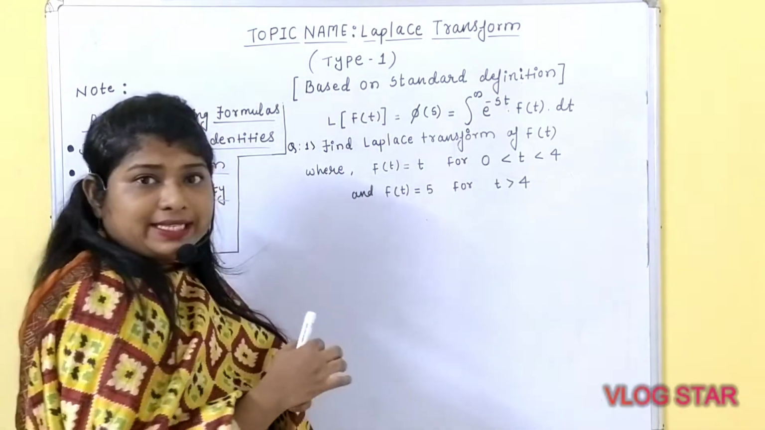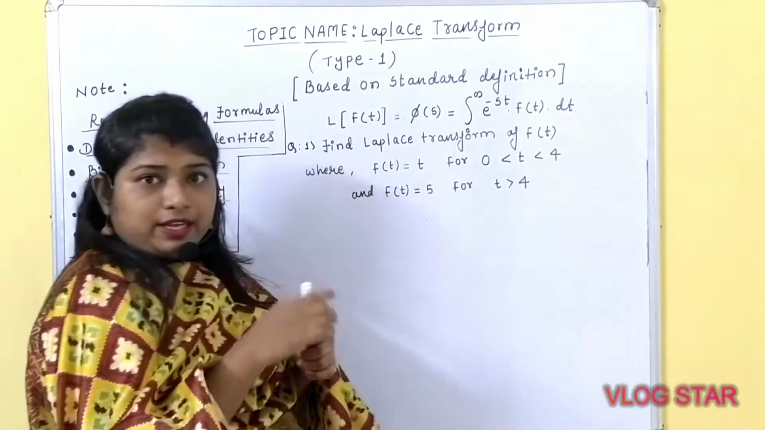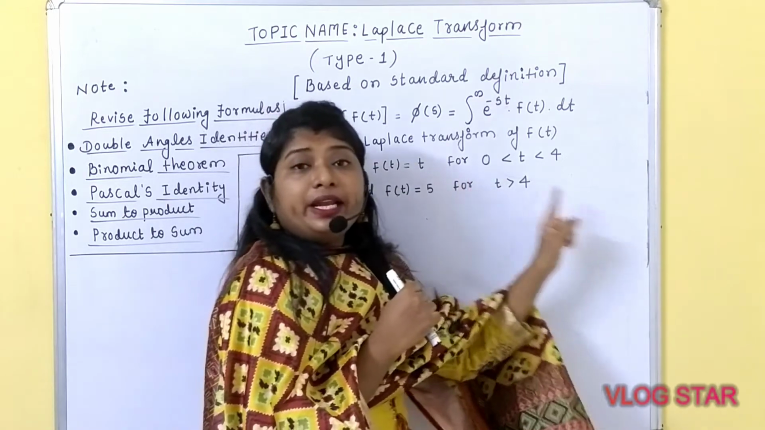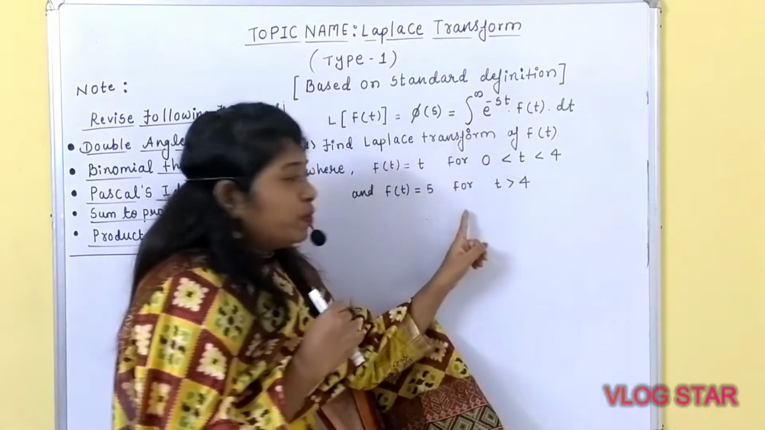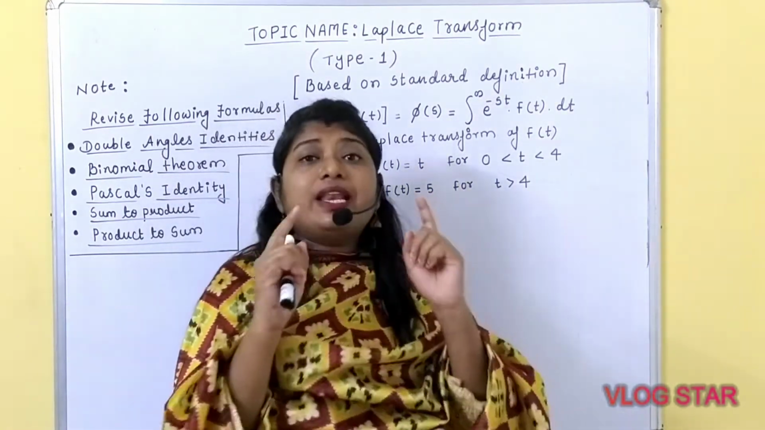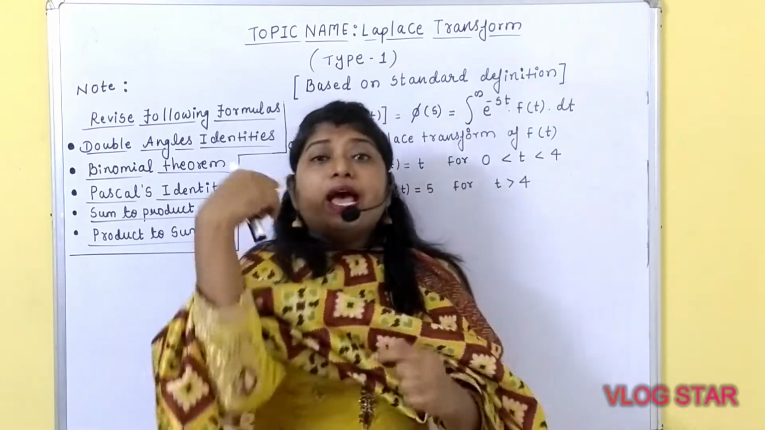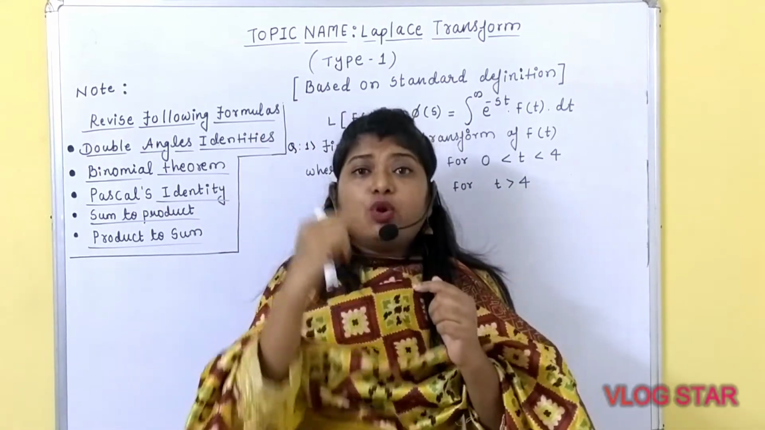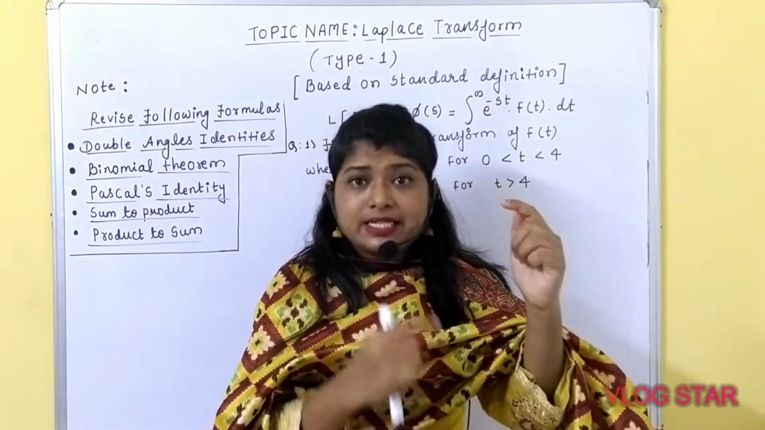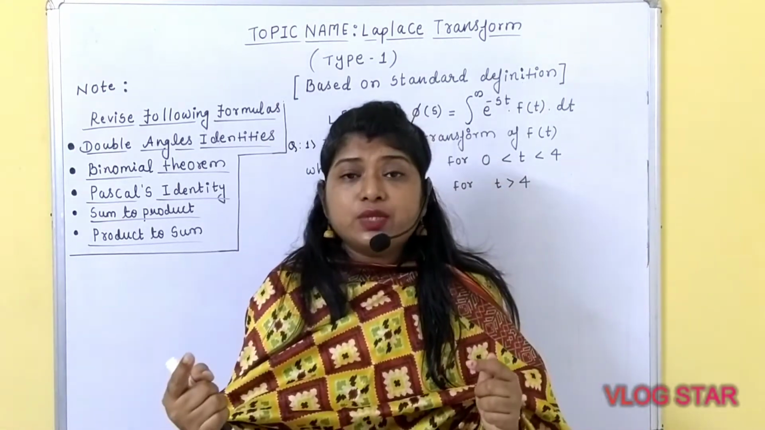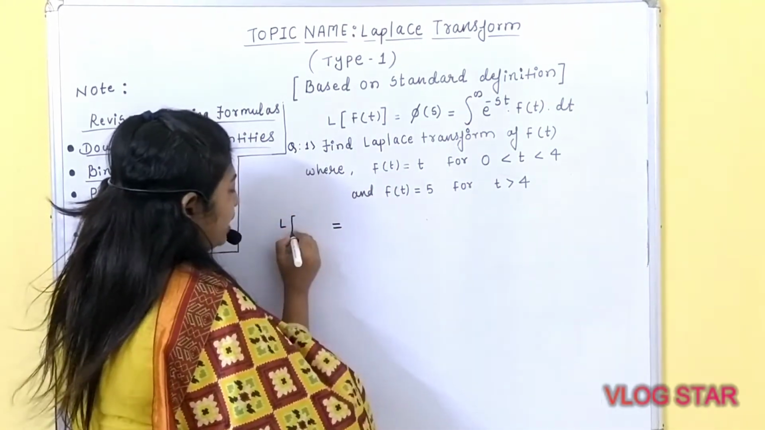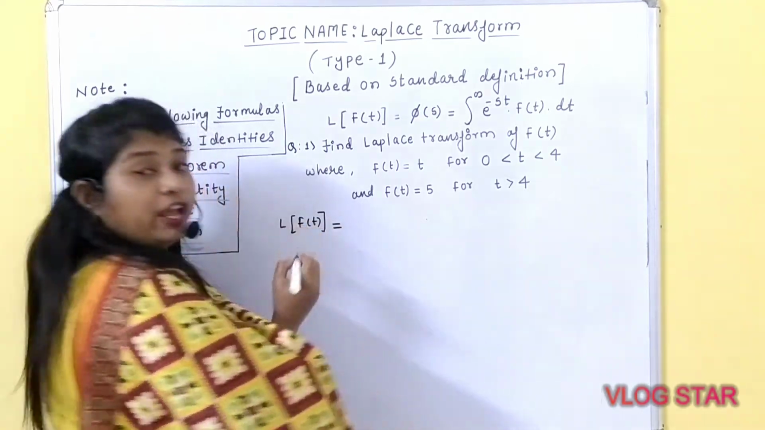So what is given in the example? There are two different functions. The first function is f of t is equal to t. For that particular function, the interval is 0 to 4. If you observe carefully, for the second function, t is greater than 4. So for Laplace transform, the lower limit is 0 and the upper limit is infinity. So the 0 to infinity interval is divided into two parts. The first one is 0 to 4 and the second one is what? 4 to infinity. So as per the definition, we need to calculate Laplace of f of t, which is equal